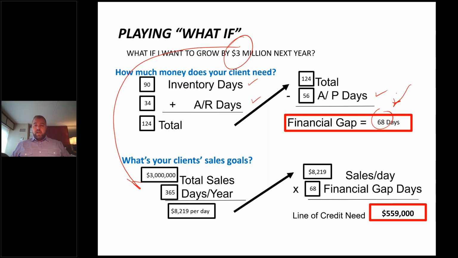Boom. Right? He asked for $300,000 because he just swagged it. He goes, about 10%. No, he needs $559,000. If we give him the loan as the bank, if I give this guy a loan, I've sunk his ship because I put him in a position where he can't win. He won't have enough money to actually fill the orders, right? He won't be able to buy the inventory. He's only got $300,000. He needs $550,000 to make it happen.